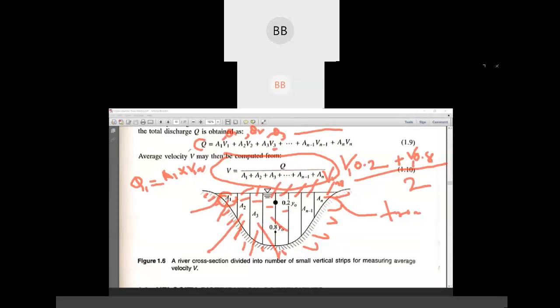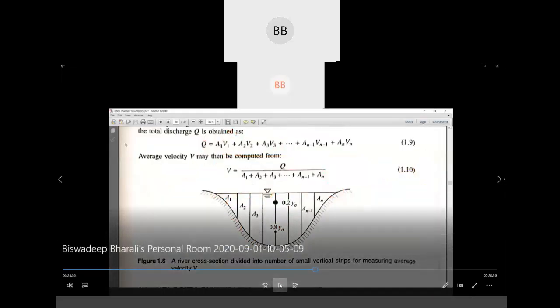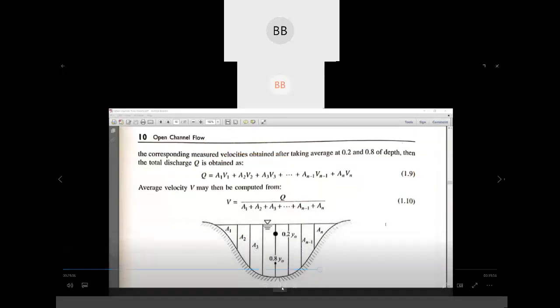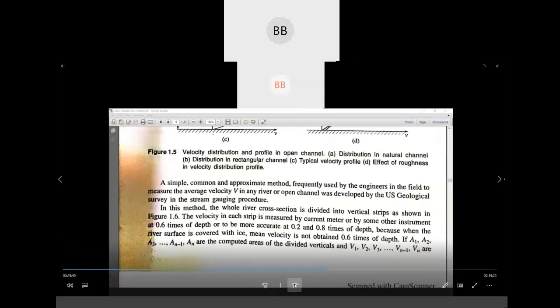Then you can find out the average velocity. Do you have any doubts regarding this? You can ask me now. If you people don't have any questions,